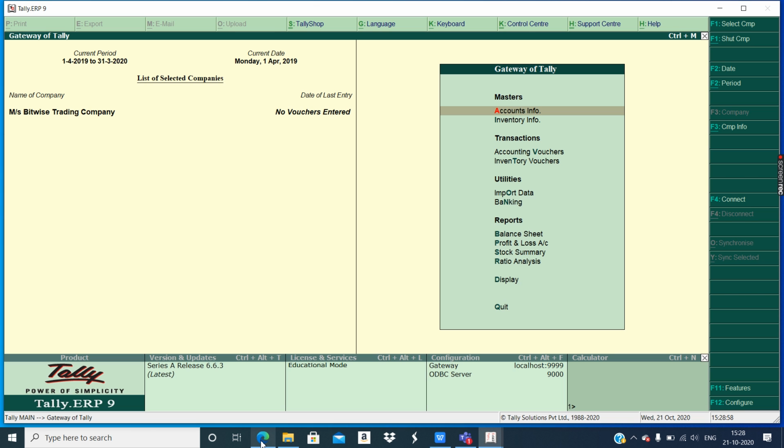Now, regarding ledger, if you want to create a ledger, the ledger should be entered in predefined groups. Tally has a total of 28 predefined groups, in which 15 are primary and the remaining 13 are secondary groups. Okay, you can get the list of all the groups. It's available in the Tally itself.